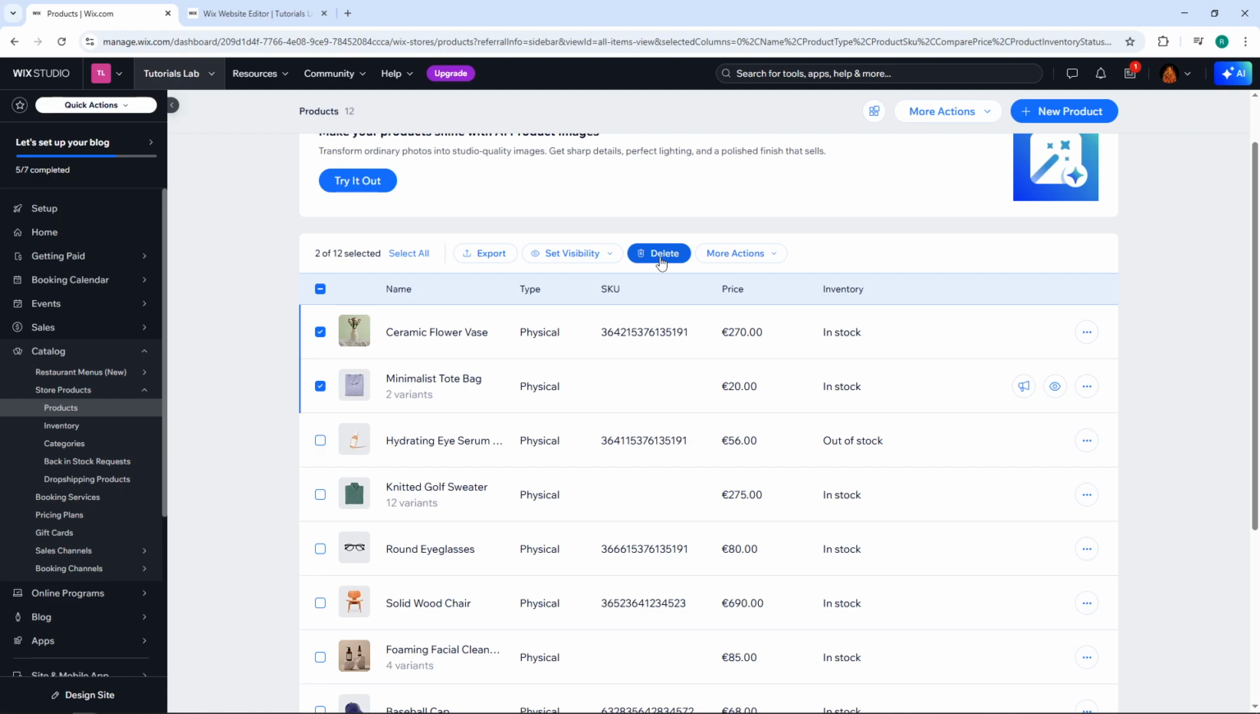Here's a useful feature: you can select as many products as you wish to delete by clicking multiple checkboxes. This is particularly handy if you're doing a bulk cleanup of your store or removing an entire category of items at once. After you've selected all the products you want to delete, simply click on the Delete button that appeared